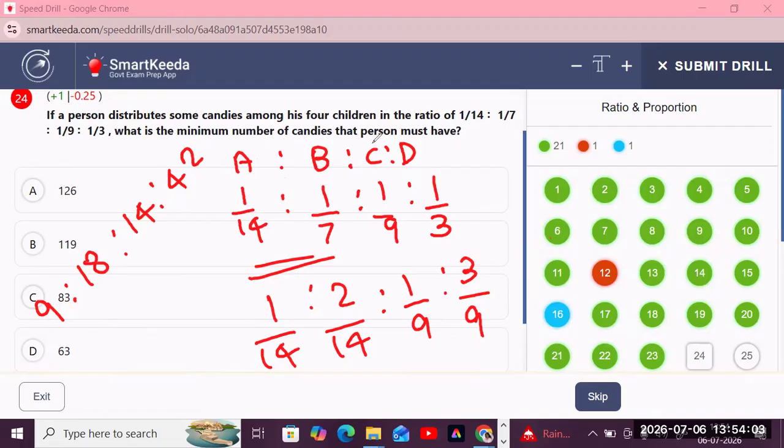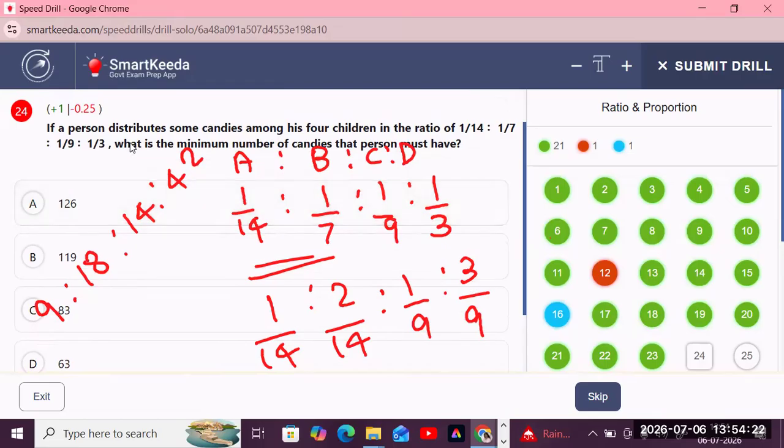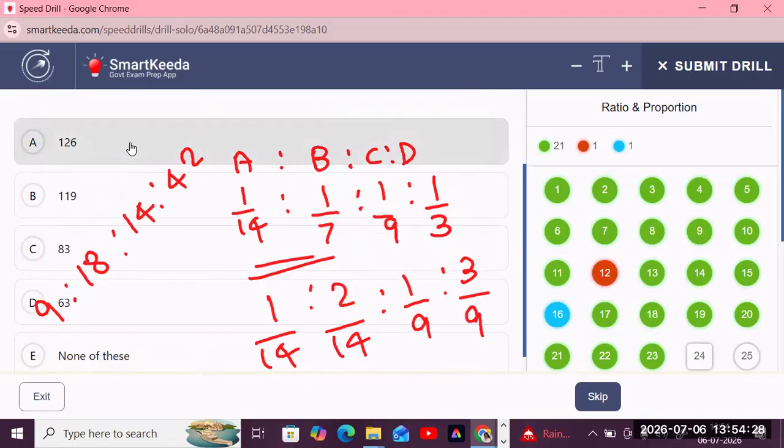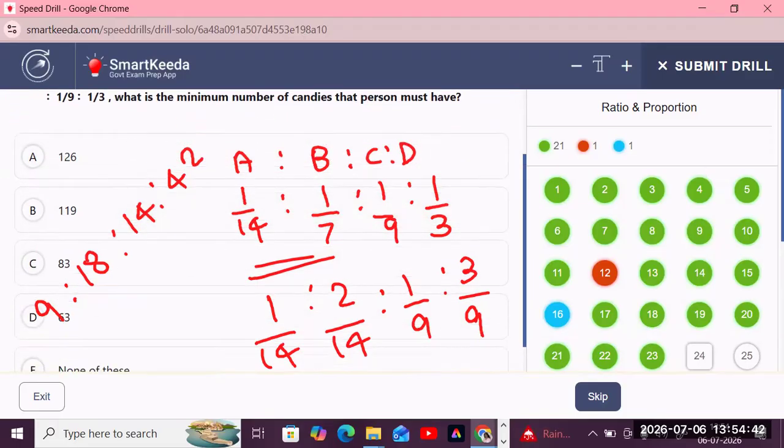What is the minimum number of candies that a person must have? 9 का मल्टीपल चाहिए। 9 1 जा 9, 9 ये भी मल्टीपल है। 9 1 जा 9 ये मल्टीपल नहीं है, ये भी मल्टीपल नहीं है, ये मल्टीपल, ये दोनों में से कोई एक होगा। ऑप्शन के बेसिस पे ढूंढना पड़ेगा।